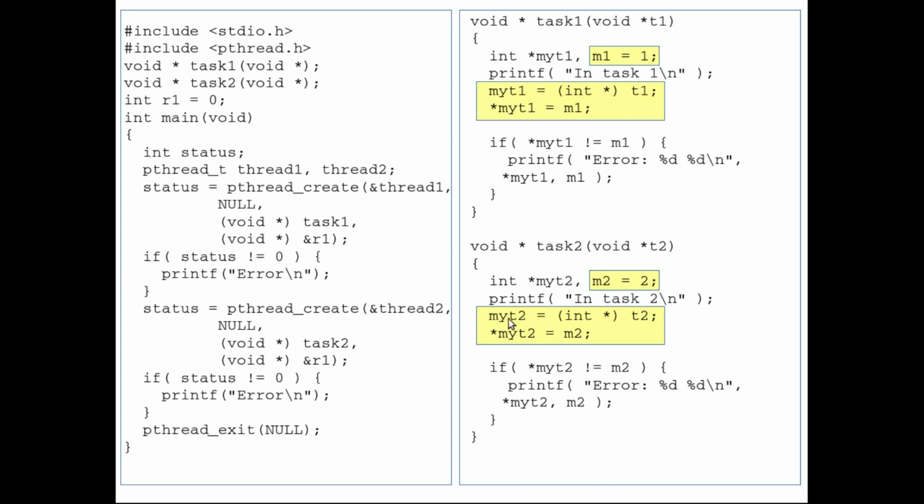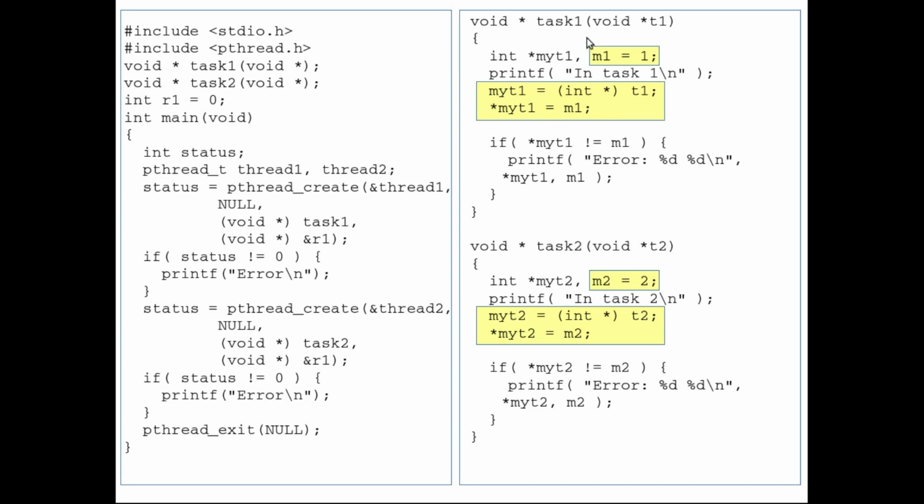So my t2 is nothing but a pointer to the r1 variable again. So thread 1 can access the variable r1 through my t1, and thread 2 can access the same variable r1 through the pointer my t2.